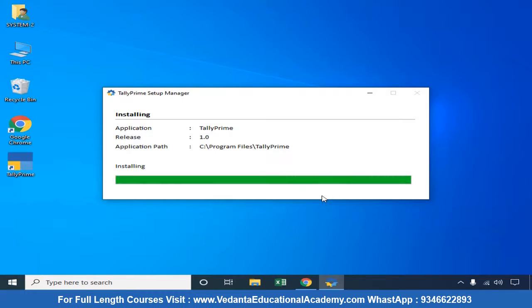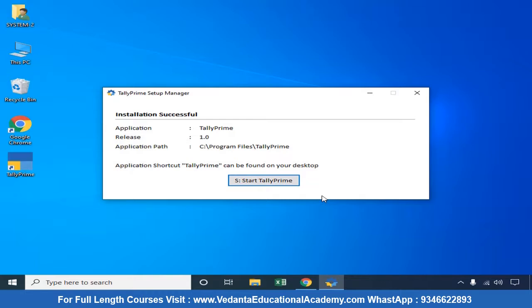That's it. We already created it. We would like to display the Tally icon. So here it is going to start, and on the first screen it is going to display whether you would like to start Tally Prime or not. Yes, I would like to start Tally Prime. Then simply click on OK.